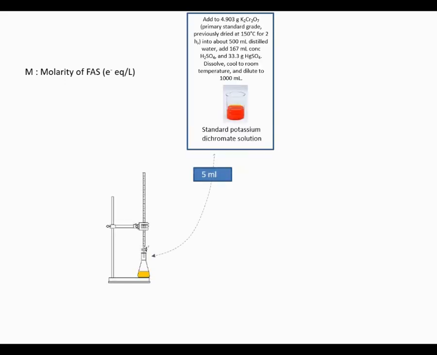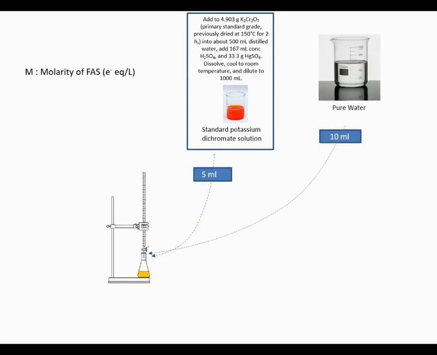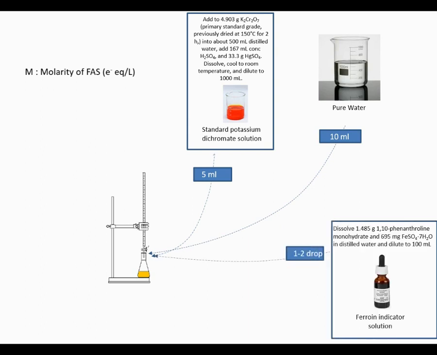What is unknown here is the molarity of ferrous ammonium sulfate. This is confirmed as follows. 5 milliliters of standard potassium dichromate solution is added to a beaker. 10 milliliters of distilled water is added to it. Then 1 or 2 drops of ferroin indicator are added and titrated with ferrous ammonium sulfate. When the color is red, the ferrous ammonium sulfate consumption is noted and the molarity of FAS is found according